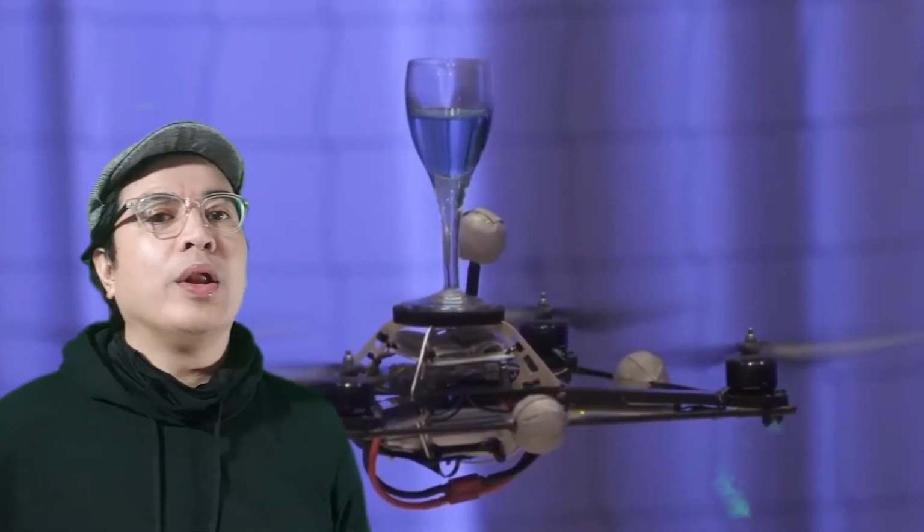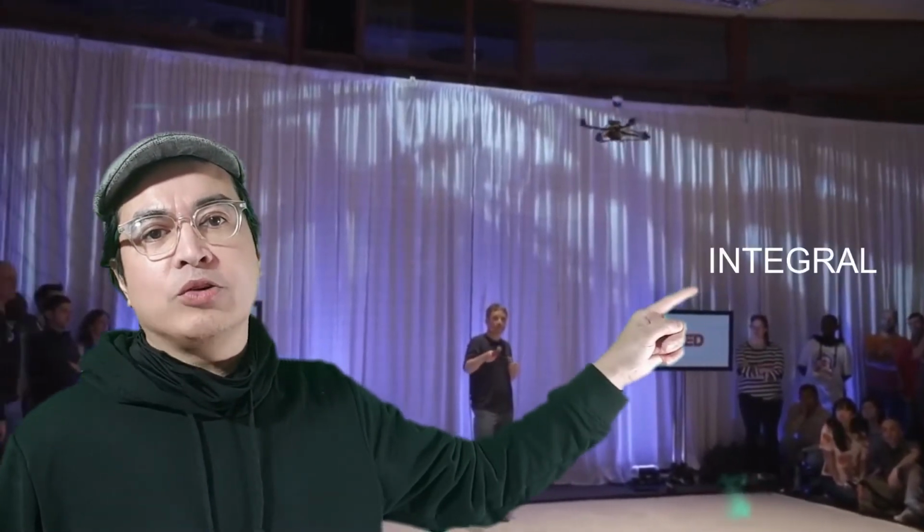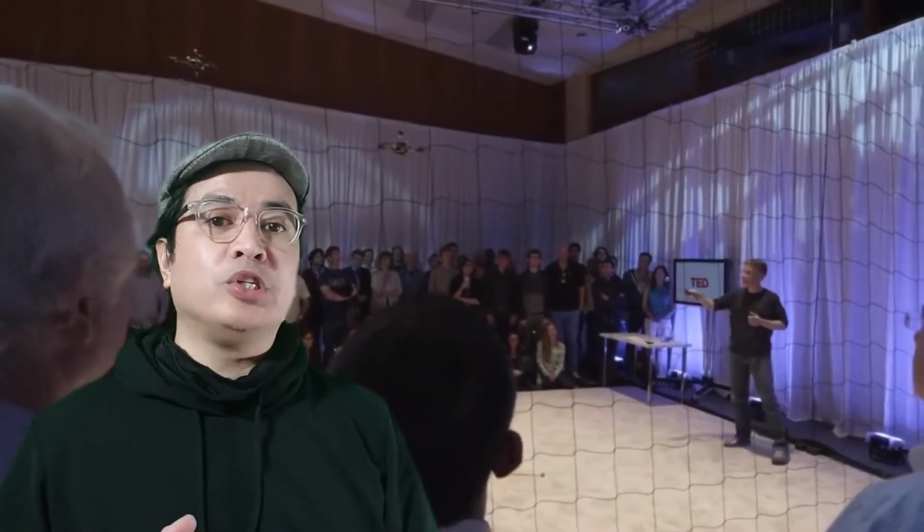Have you ever wondered how a drone does this? Well, it all comes down to something called a PID controller. Proportional, integral, derivative. Basically, it's a clever algorithm that allows you to tune a drone to perform these kinds of